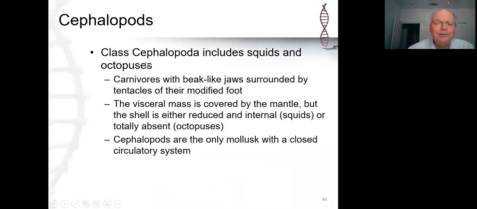Then we have the cephalopods. These are the head-foot animals. So what looks like the head of an octopus or the head of a squid is actually a modified version of the foot. And then the mouth is also